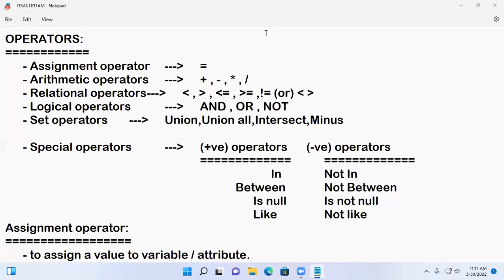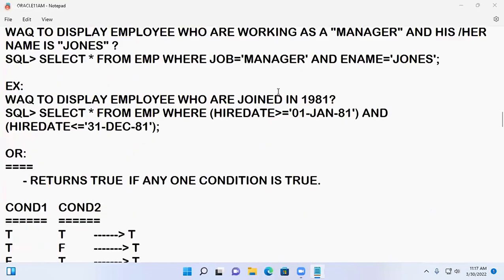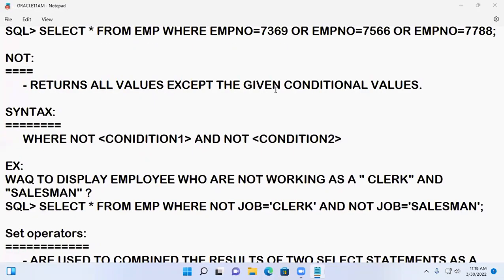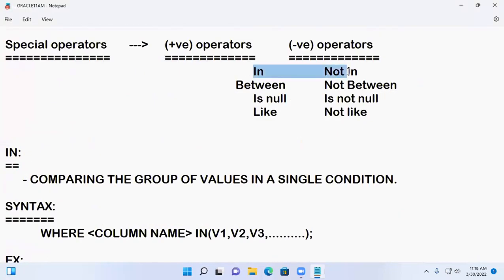Okay, good morning guys, all of you. Yesterday we started special operators, and in this, one of the special operators we discussed was IN and NOT IN. And the next one is,